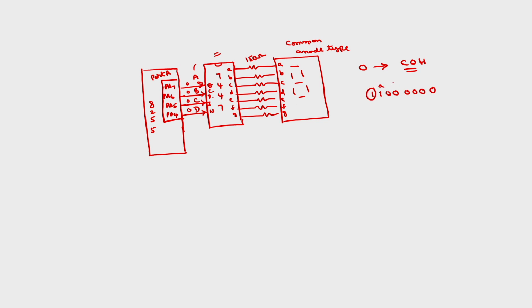So, A, B, C, D, E, F, G, this will be generated here as 0000001. So, if I output 0000 here, then the corresponding 0000001 will be displayed, thereby it will display 0. Similarly, if I use 0001 here, a code corresponding to display of 1 will appear here. So, this job will be performed by this BCD to 7 segment decoder.